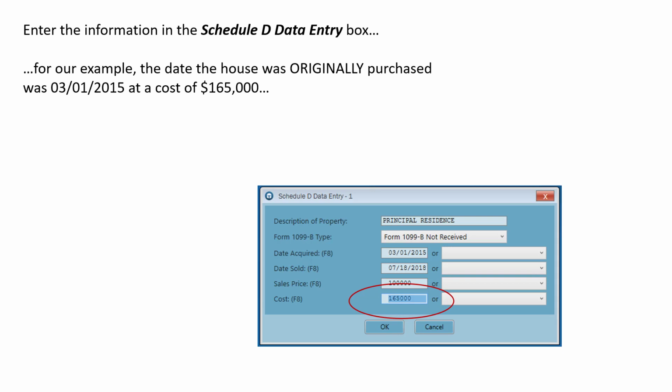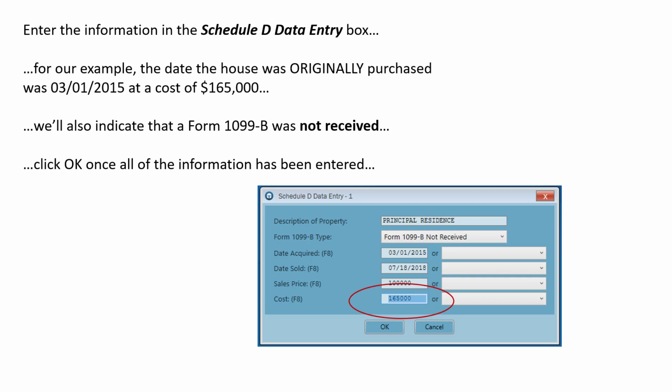For our example, the date the house was originally purchased was 3/1/2015 at a cost of $165,000. We'll also indicate that a Form 1099-B was not received. We'll click OK once all of the information has been entered.